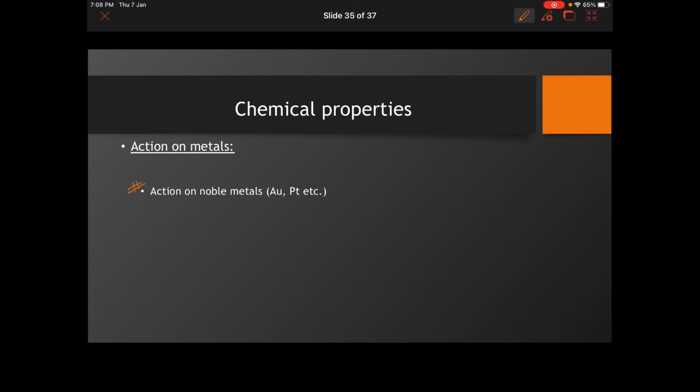But over here what we do is, noble metals को भी रिएक्ट करवाने के लिए we take a very interesting solution, that is 3 parts of HCl and 1 part of HNO3. इन दोनों को जब आप रिएक्ट करते हो, that is 3 parts of HCl and 1 part of HNO3.